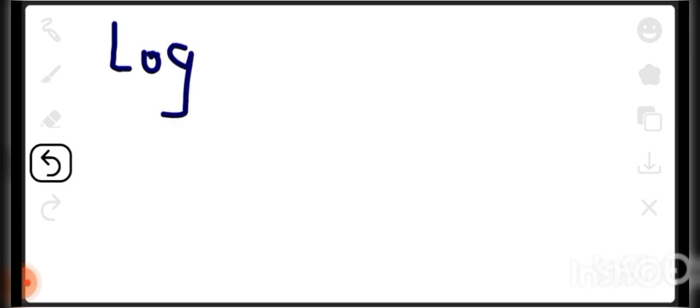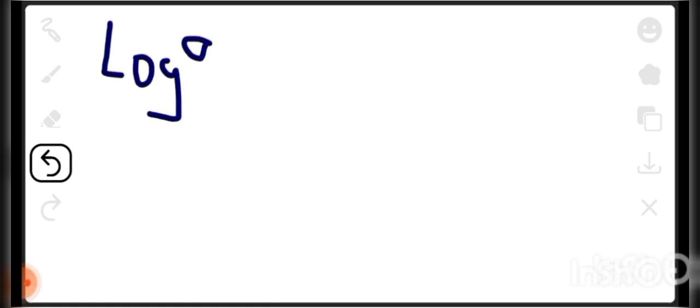Then we put the log here. That's a log of a number, that's A. Then we put the base here, that is to base B. So ensure you remember that. So generally, for any logarithmic equation, if log A to base B is equal to C,